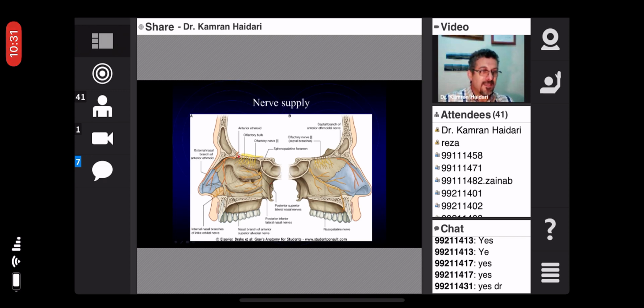Therefore, this is the special sensory supply for the nasal cavity by the olfactory nerve. The olfactory nerve axons are considered as the olfactory nerve. The olfactory nerve is the first cranial nerve, and this is the special sensation. General sensation consists of pain, pressure, warmth, and